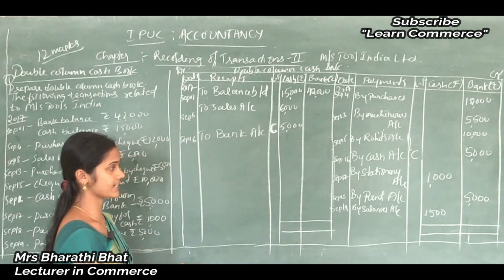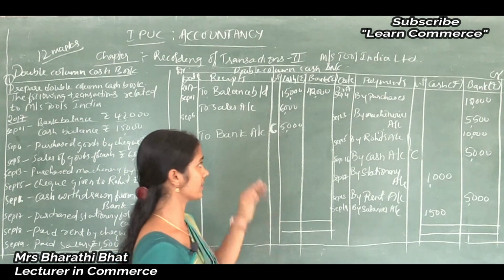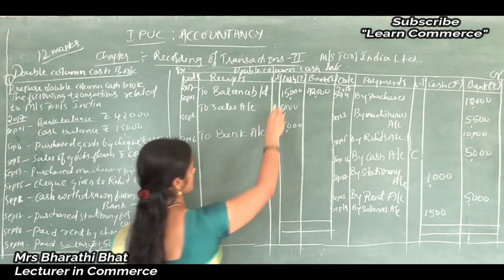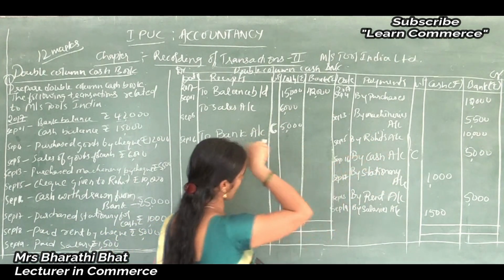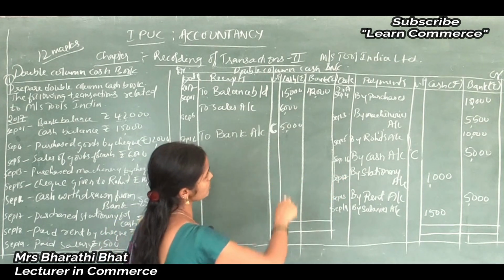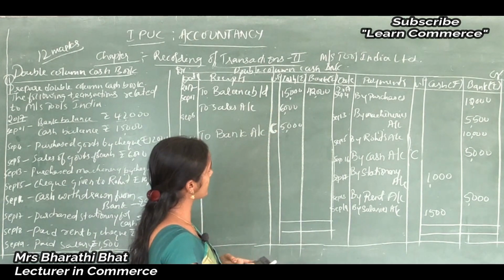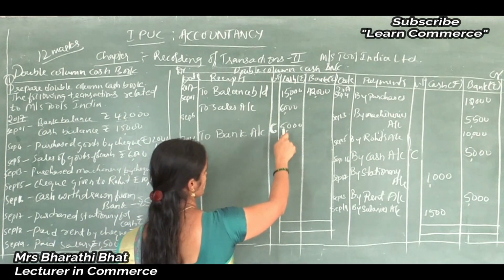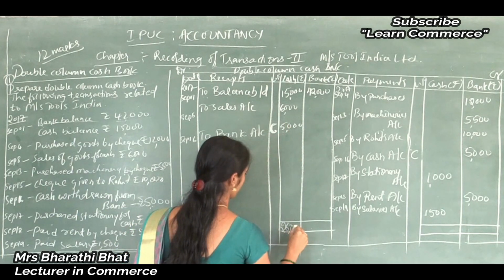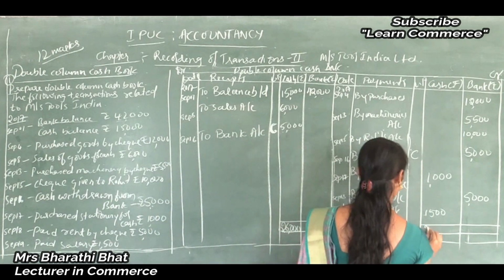Okay. And the next step, totaling both sides. There, only one amount column, correct, right? But here we need to calculate two amount columns. First the cash column, this side and that side, and the next, this side and that side. So now 15,000 plus 5,000, 20,000; 20,000 plus 6,000, 26,000. This side shows the lesser value, so write 26,000 on both sides.